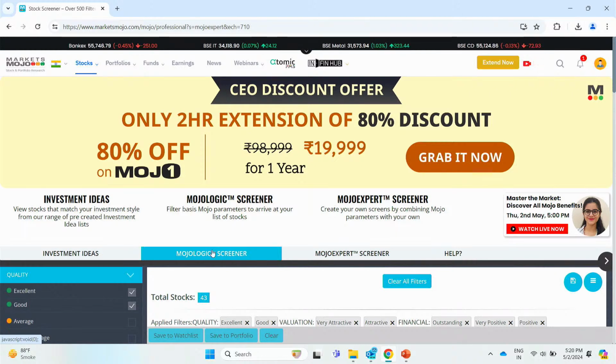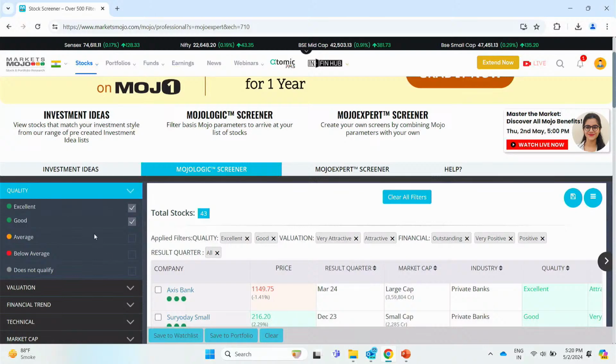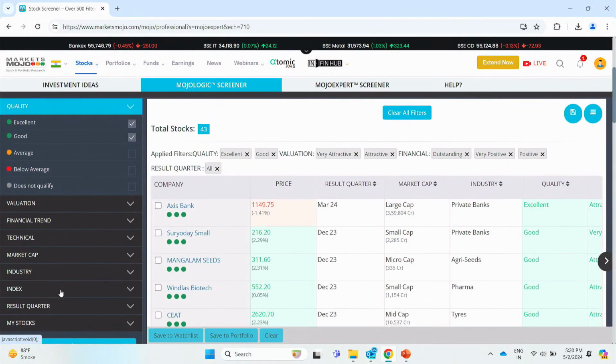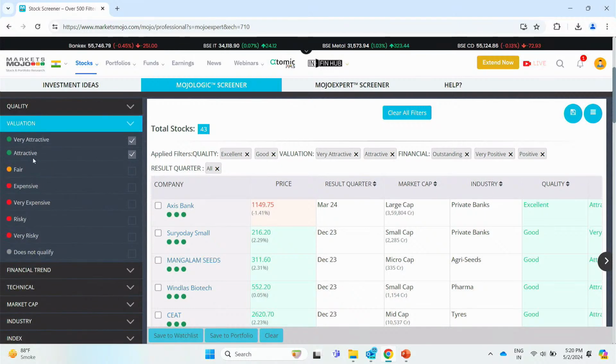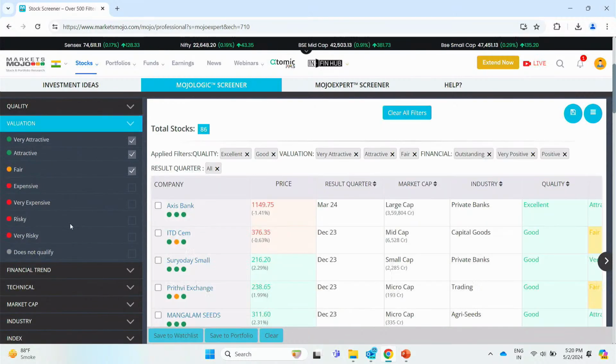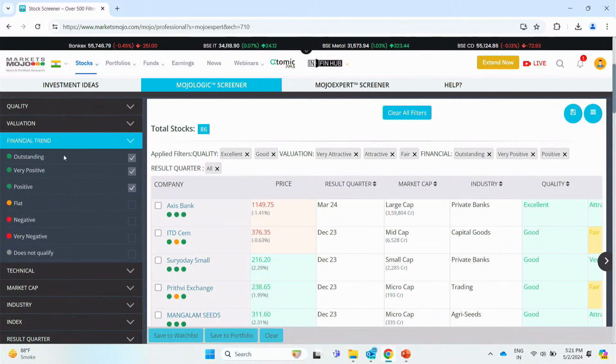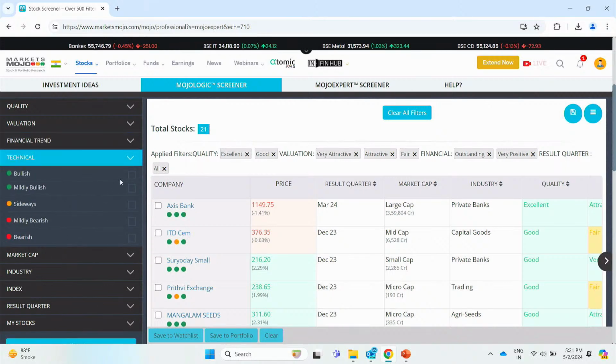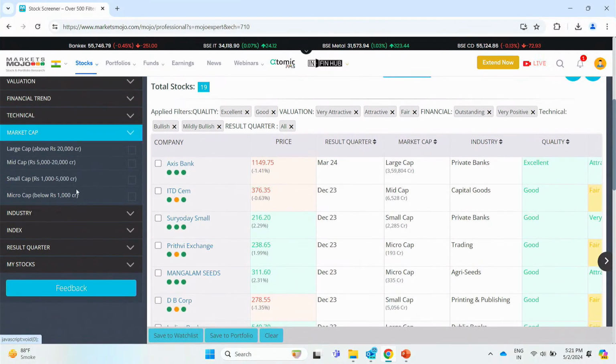So the Mojo Logic Screener here, on the left hand side you have all the parameters, and you can actually select whatever parameters you want. So for quality I'm selecting excellent, good. For valuation, very attractive, and I'll also select fair. Financial trend, outstanding, very positive. I want just these two. So you can filter this according to your own strategy. Then market cap,